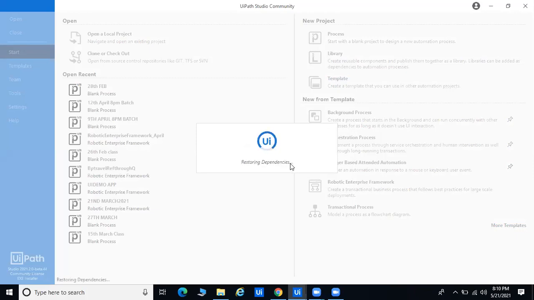So it's creating a process, restoring the dependency. Okay. So in RPA, there is one thing called dependency. Dependency means whatever process we're going to automate, by default UiPath already provides. So it provides 4 by default, like the email part, your Excel part, and UI automation. But whenever you're going to automate multiple things like your database, like your PDF, multiple things you have to install, it will take only 1 to 2 minutes.